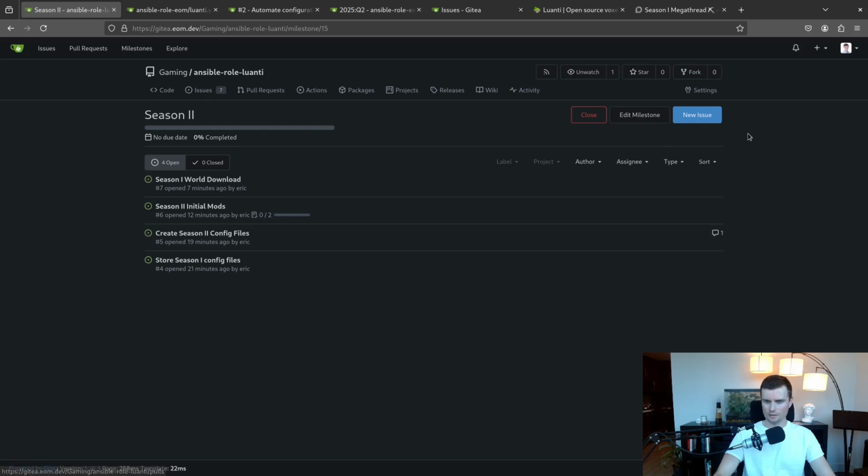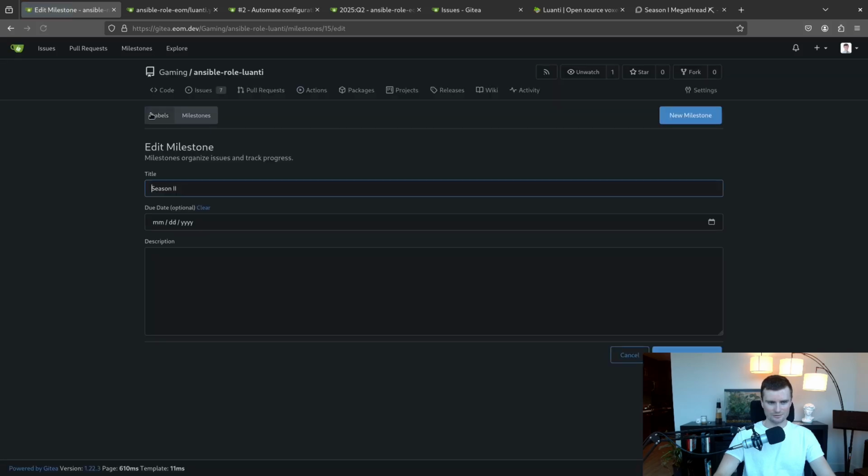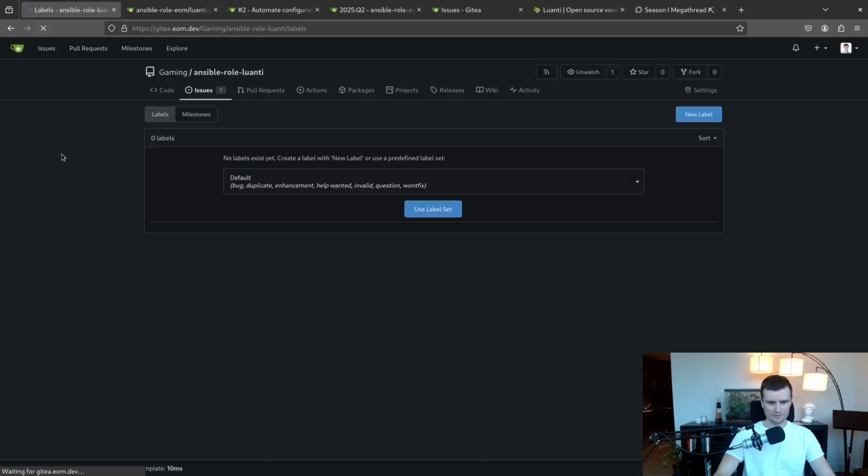What about labels? I don't know about labels. How do labels work? Edit Milestone. Labels. Do these exist within a single use label set? No labels exist. Create a label with new label or use a predefined label set. Oh, okay.